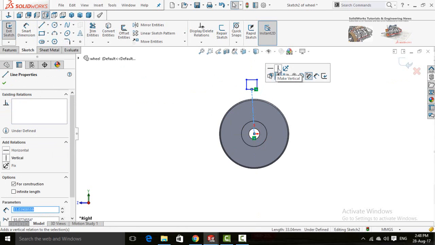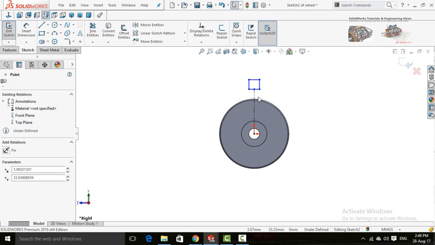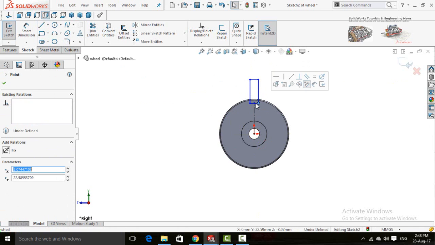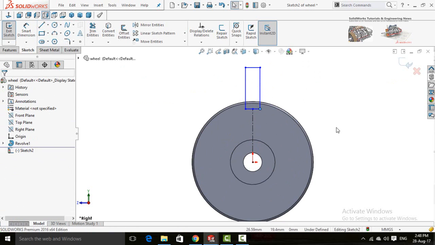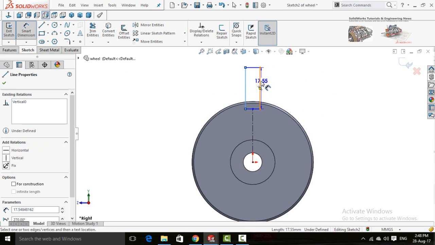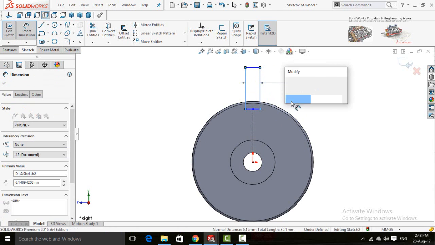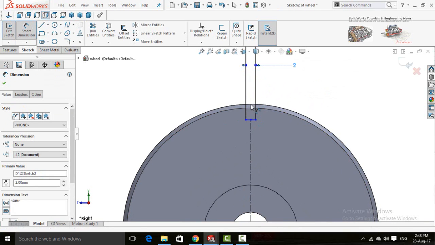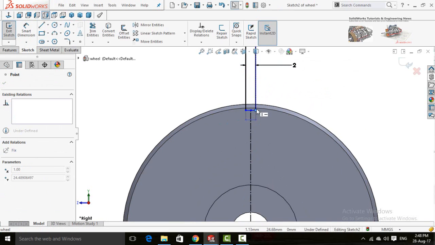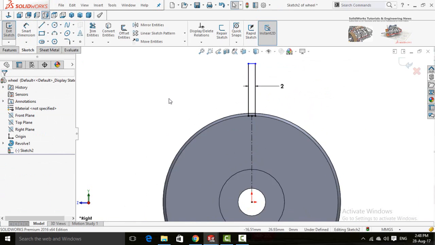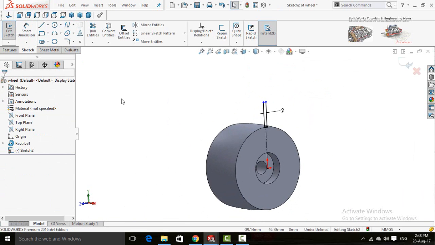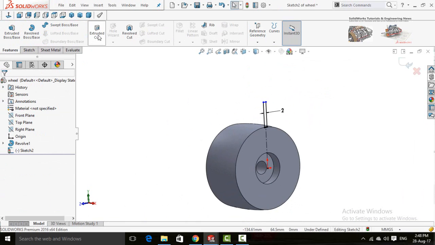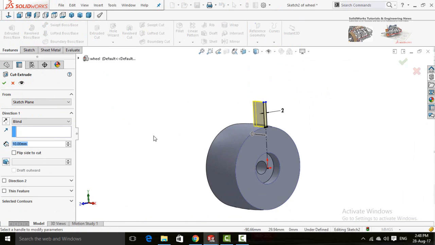Now make vertical and drag it. Now define it 2 millimeters. Now in the features tab, select extruded cut command and cut it throughout.